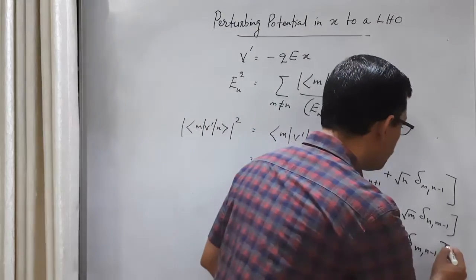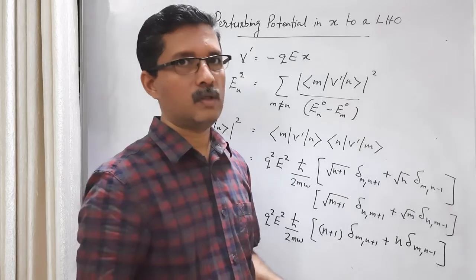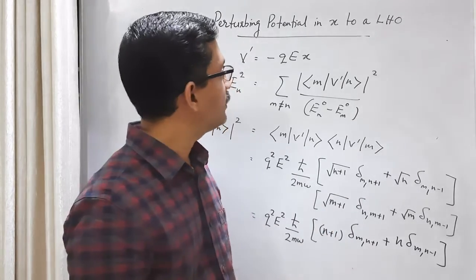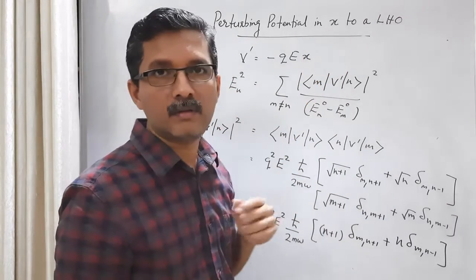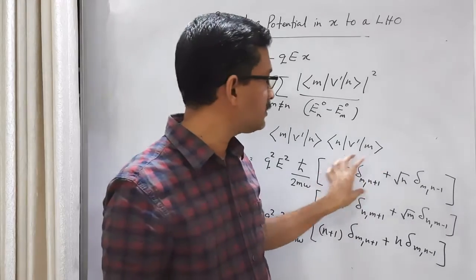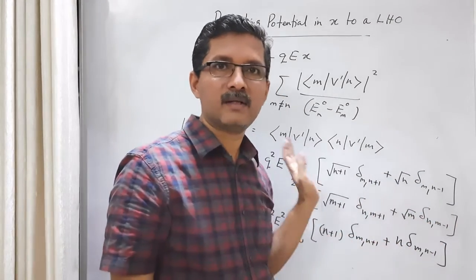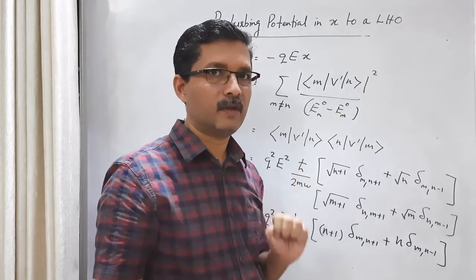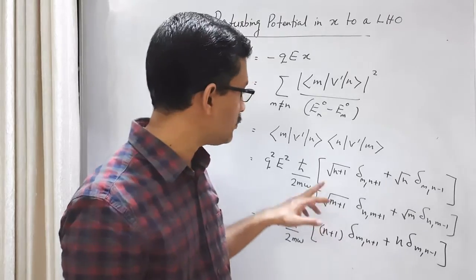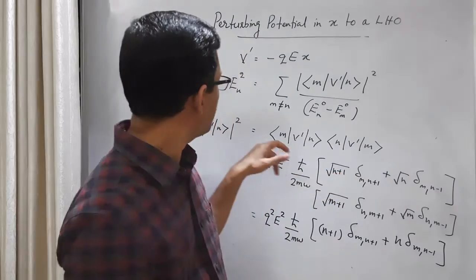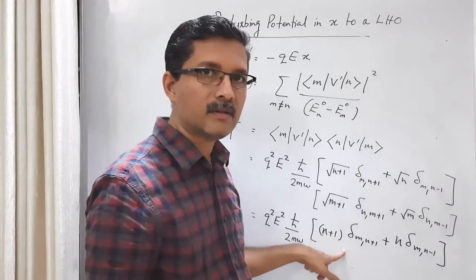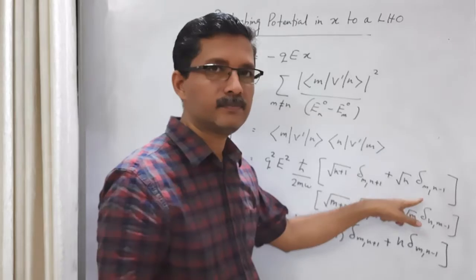So out of the 4 terms, only 2 terms are non-zero. This type of argument you can repeat. For example, in the next problem, when there is an x cube potential, you will be essentially having 3 terms here, 3 terms here. So 9 terms will be there, out of which only 3 will be non-zero. So now you can easily write down the non-zero terms. Look at this first expression of m v prime n and look at this expression. So what is the non-zero term? Simply the square of this one.